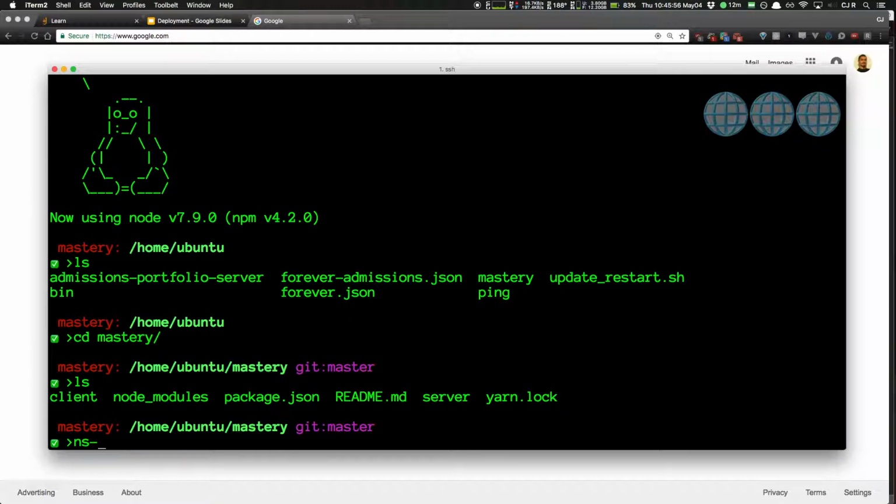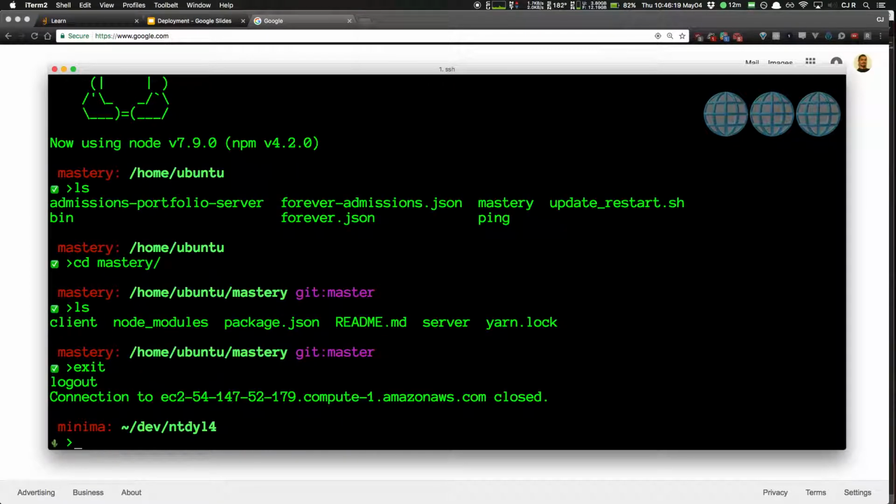I think is it NS? Is it lookup? Host. Oh, right now I'm running commands on my remote machine, so that's why my history isn't working. I have a little clue here, so it says mastery, so that I know that's the host this is running on. I need to get out of there. Okay, now I'm back on minima, which is my machine. And if I do, I think, lookup